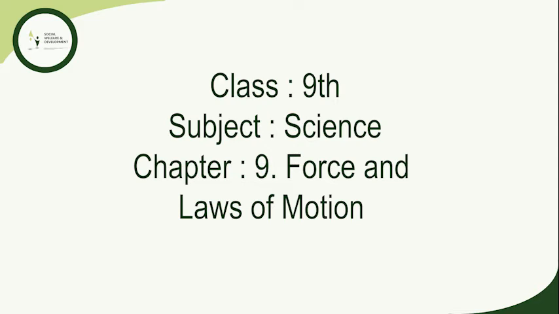So, the rate of change of momentum is directly proportional to m(v minus u)/t. So, applied force F is also proportional to m(v minus u)/t. That is, F = km(v minus u)/t. That is, applied force F can be written as F = kma. Here, acceleration a = (v minus u)/t, that is the rate of change of velocity, and k here is defined as the proportionality constant.